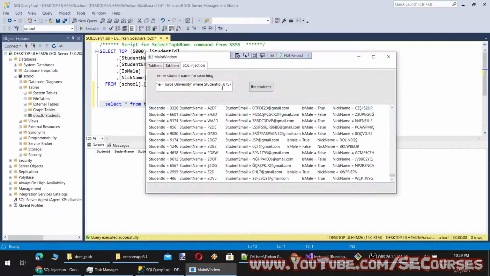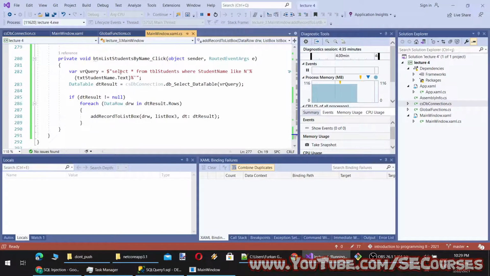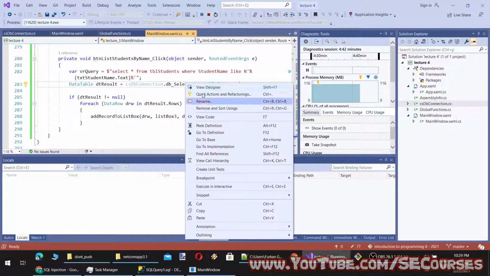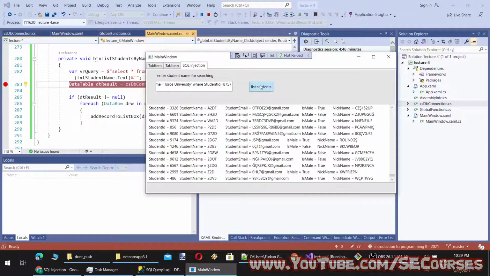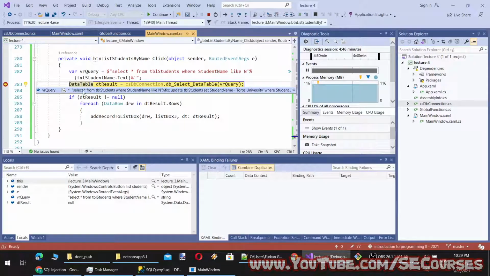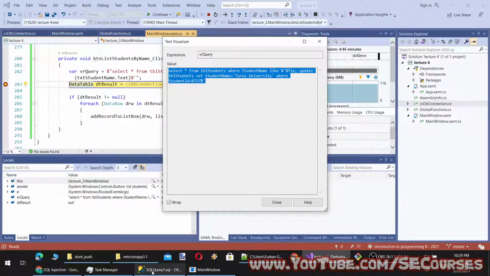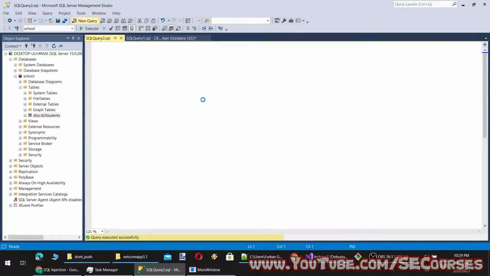Okay, we are doing something. Let me check the code. Oh, this is a select query, therefore I think it should work. Now let's try, click the link. So our query did become something like this.